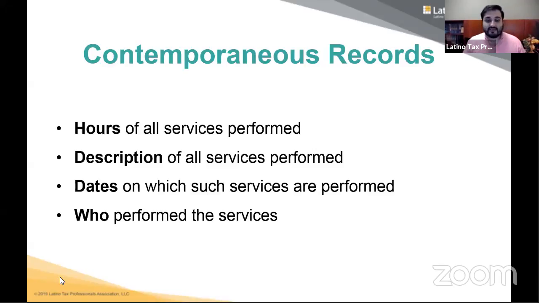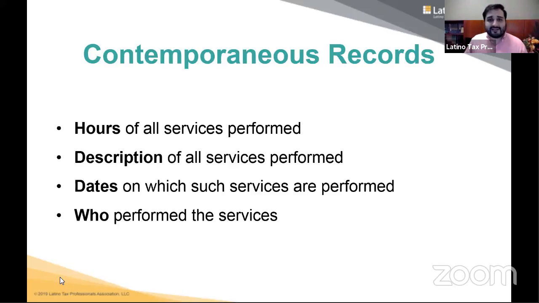Now, keep in mind the time reports or similar documents must include hours of all services performed, a description of all services performed, dates on which such services are performed, and who performed the services. That needs to be in play for the IRS to consider that activity a trade or business. So you need to be involved, right? You can't just be kicking back, hanging out, and it's passive income. You have a property manager or something. You need to be involved in the business in order for you to consider it a